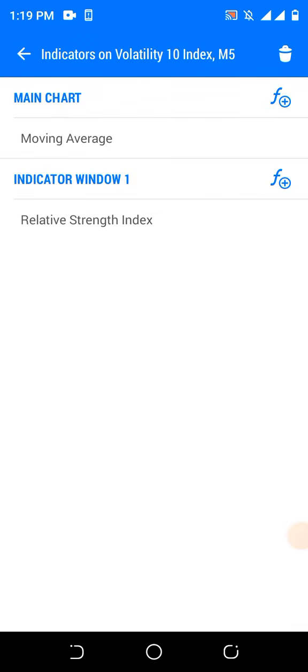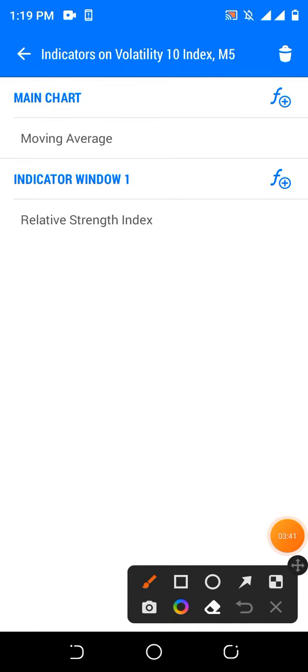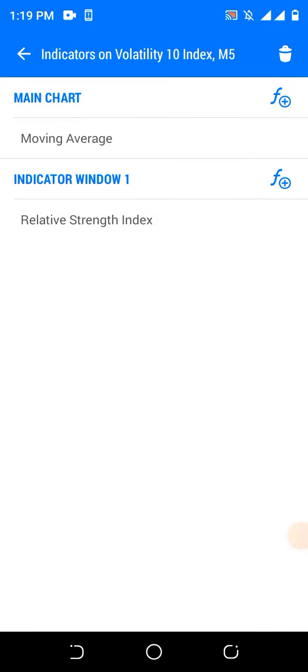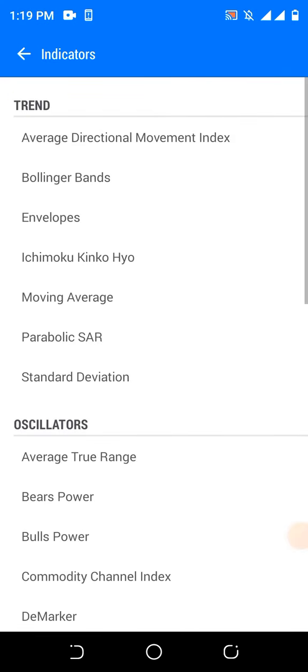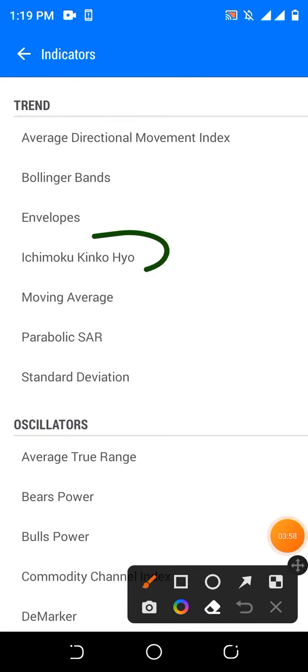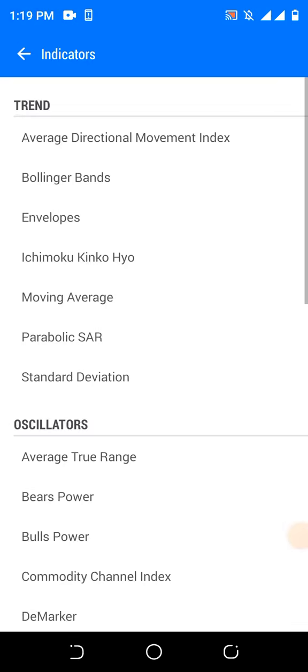Pay attention, this one is a little bit tricky. Now you see that there are 2 F plus signs on my screen, but where I want you to click is on the second one. Look at this. This is where I want you to click to insert the Ichimoku indicator. Do you understand? So you click on this second one. Now locate the Ichimoku indicator. On my screen, this is the Ichimoku indicator here. So you click on it.